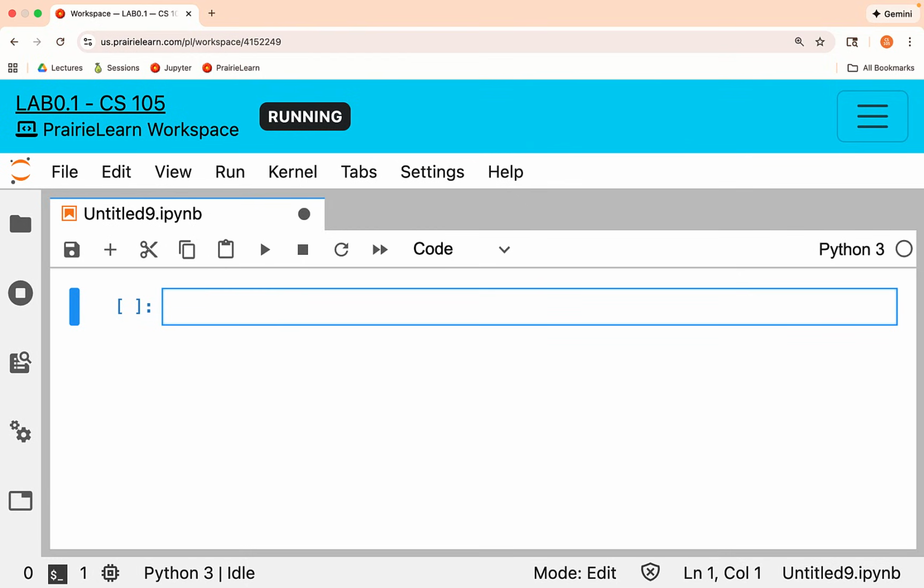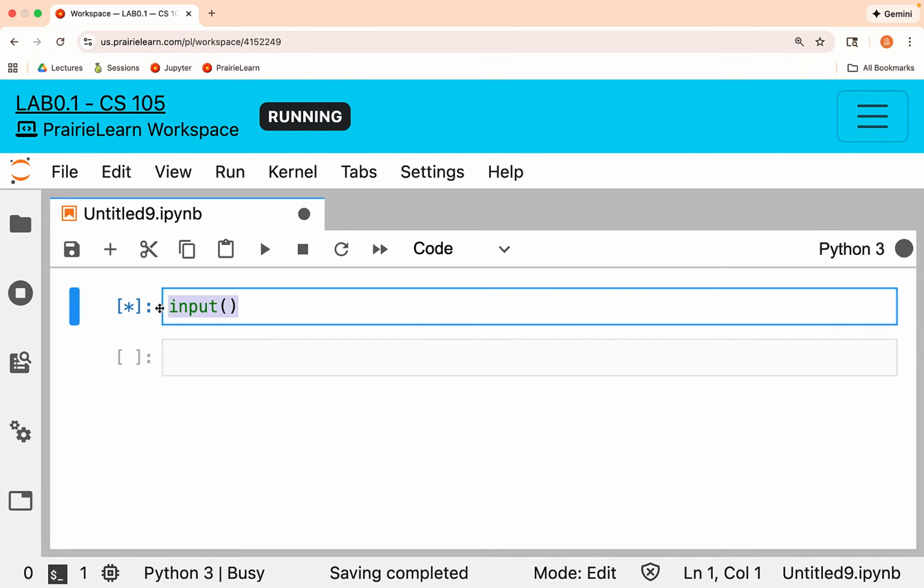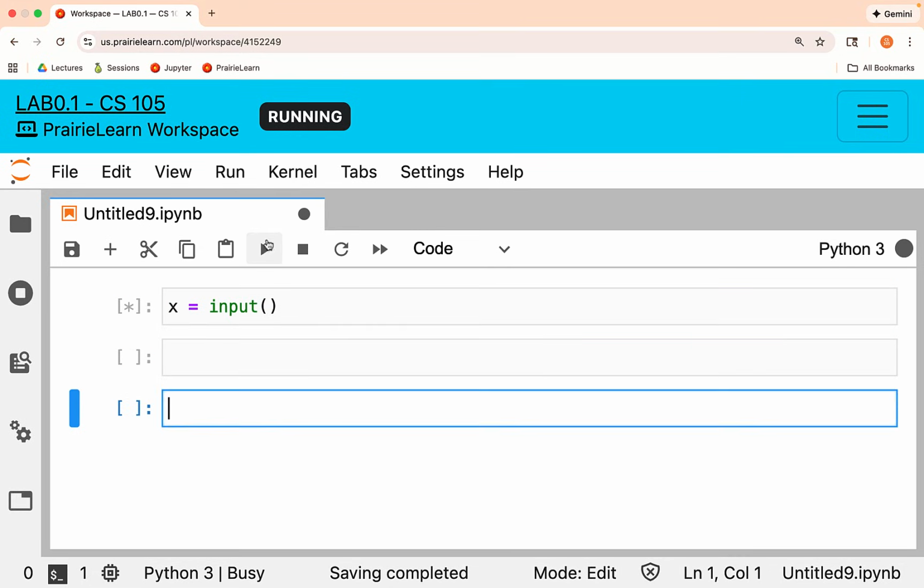I want to show you a gotcha when you're working with input. Remember, we can call input, and then it'll ask the user for some input. Maybe I'll put in the number 10. It's kind of funny, that just goes away because I didn't store the answer. So I have to say something like x equals the input, and then I'll be able to get access to